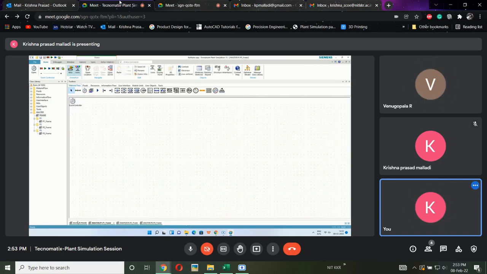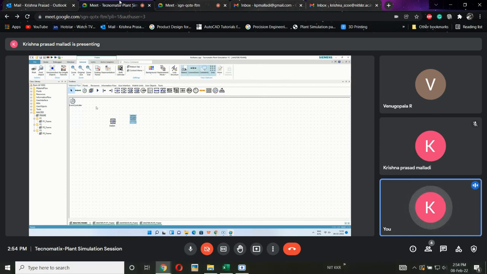So these are all for controlling only. These main tabs will be for controlling purpose only. In general, we don't use these control bars. Why? Because there is a certain set of procedures we need to follow for creating a layout. That is why we are using this toolbox only. So we are going to operate the complete plant simulation or complete layout by using these toolbox tools only.